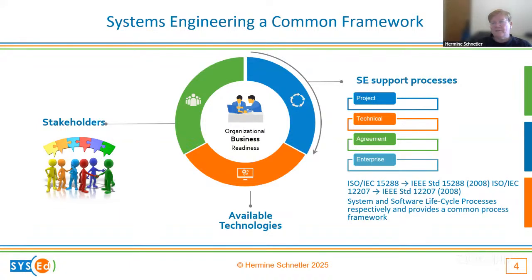And then agreement processes. We are all constantly having to agree, either because we are supplying things to somebody else, or we are buying things from people. That's what is meant by the agreement processes. All our institutions have processes in place for us to buy off-the-shelf materials, products, and so on, and if you belong to a consortium, typically there's a memorandum of understanding or an agreement on who is supplying what, when. So that is all part of the agreement processes.